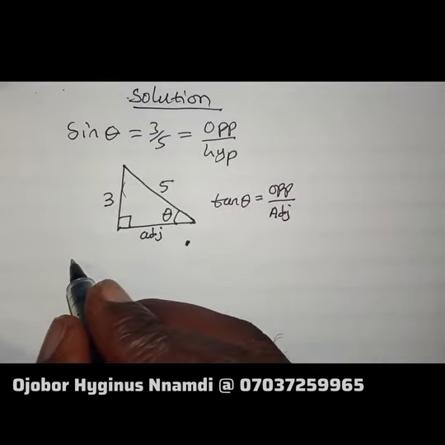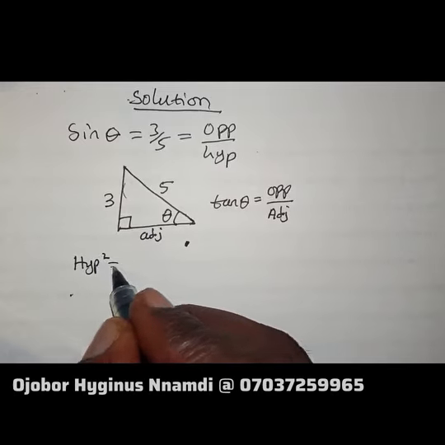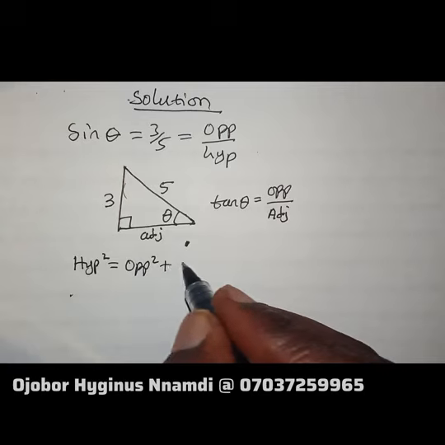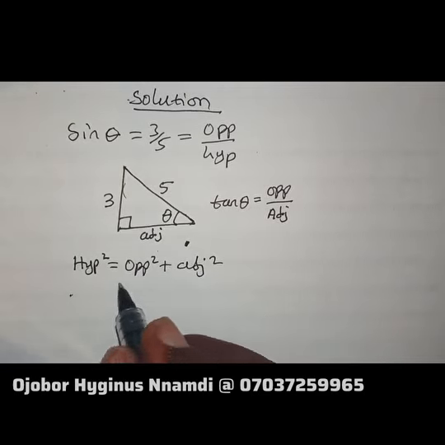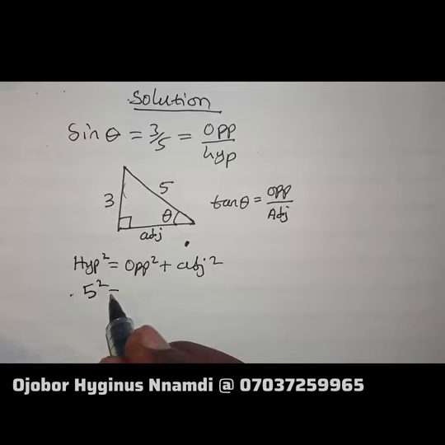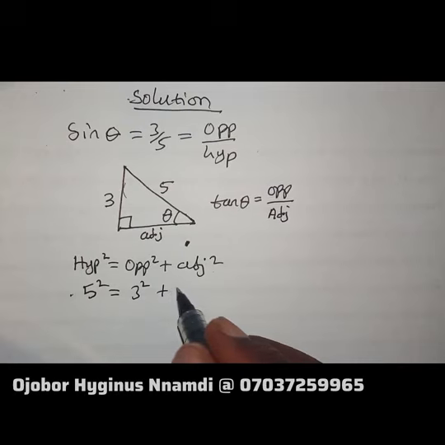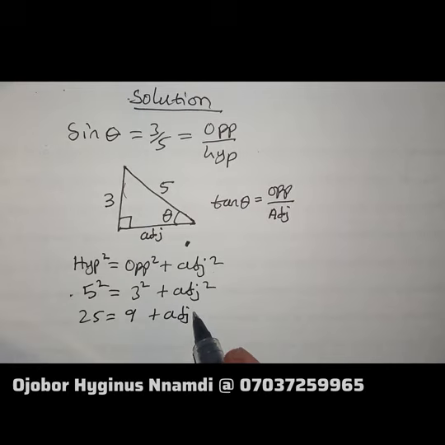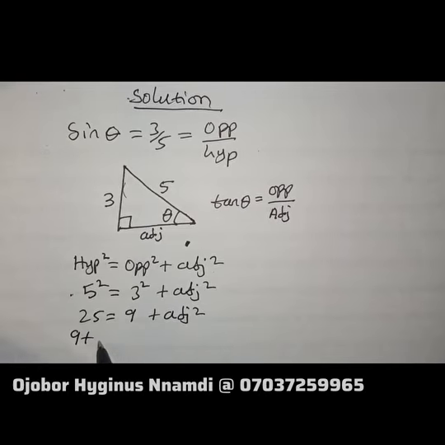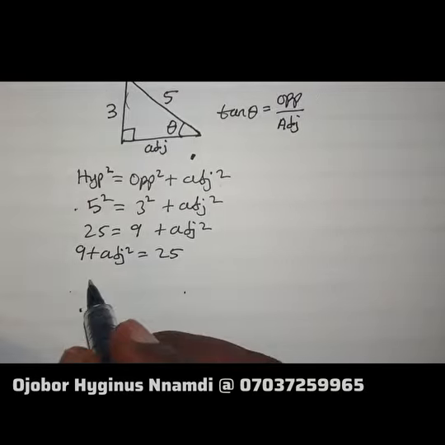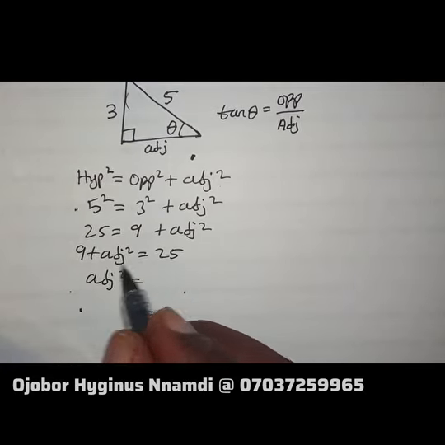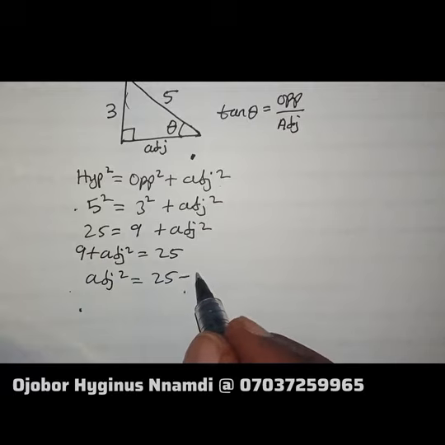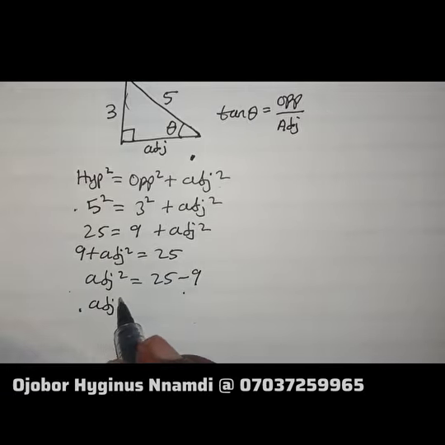From Pythagoras theorem, which says that hypotenuse squared is equal to the square of the opposite plus the square of the adjacent. Our hypotenuse is 5, so we can say 5 squared equals opposite, which is 3 squared, plus adjacent squared. That's what we're looking for. 5 squared is 25, 3 squared is 9, plus adjacent squared. If we rewrite this as 9 plus adjacent squared is equal to 25, we make adjacent squared the subject of the formula, such that adjacent squared is equal to 25 minus 9,